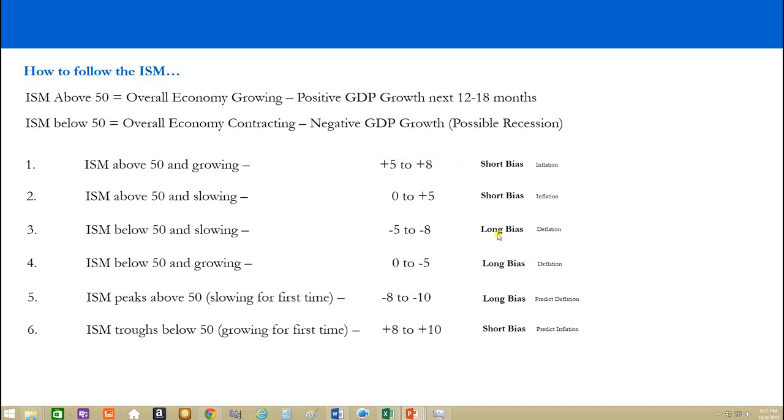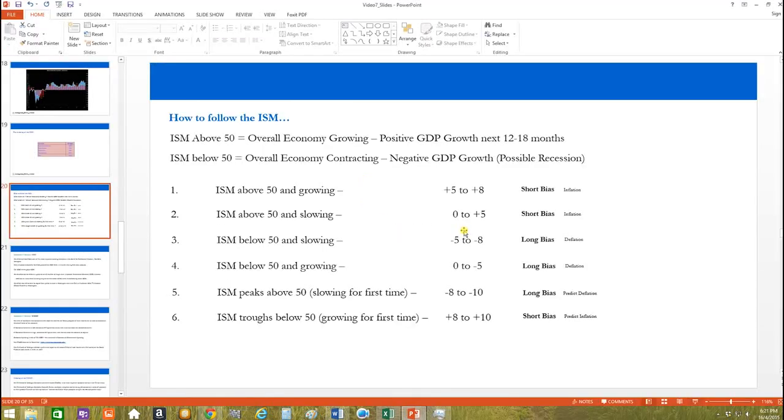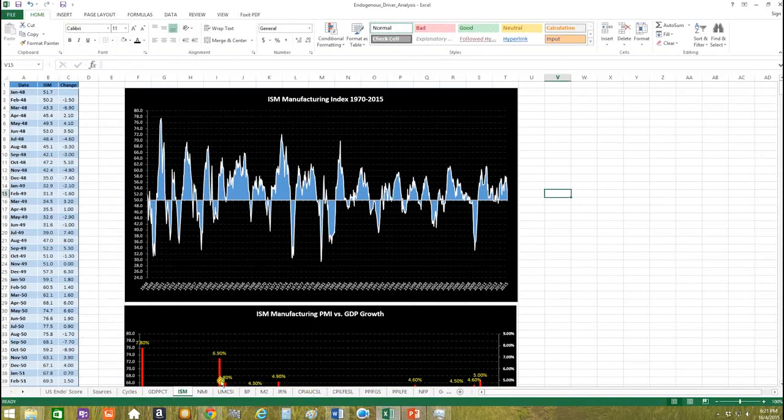But for the ISM, we've got a situation where it's been slowing down for quite a while, and it's quite a low rate historically, but it's above 50, so around 51, 52. So we need to be scoring this around here, and taken together, we end up with a situation in our scorecard